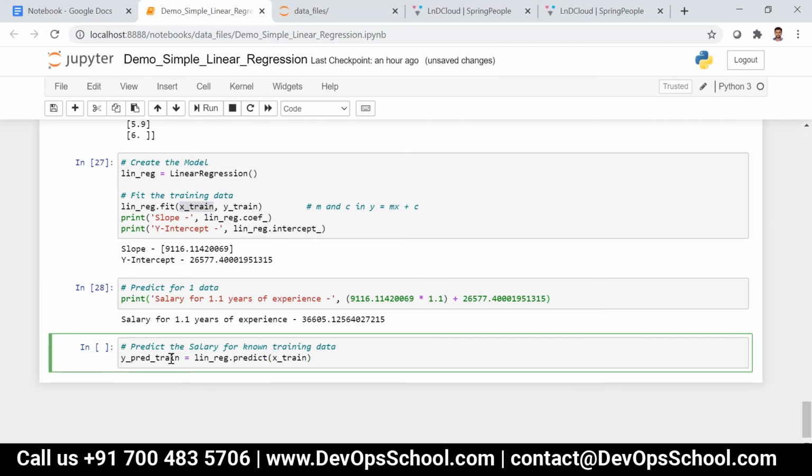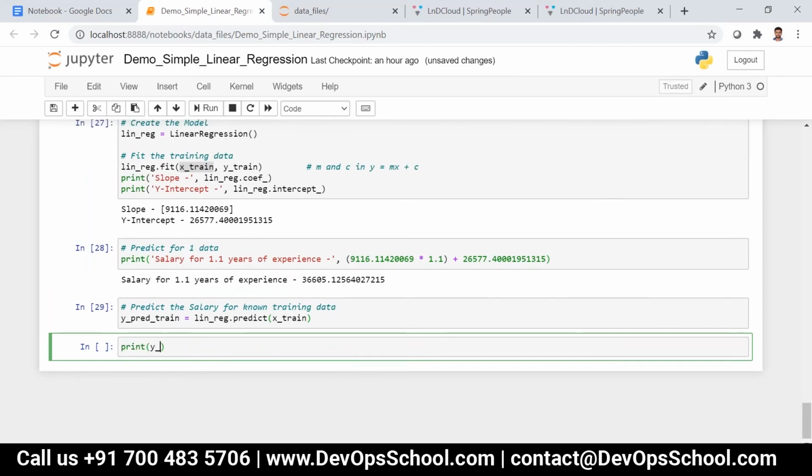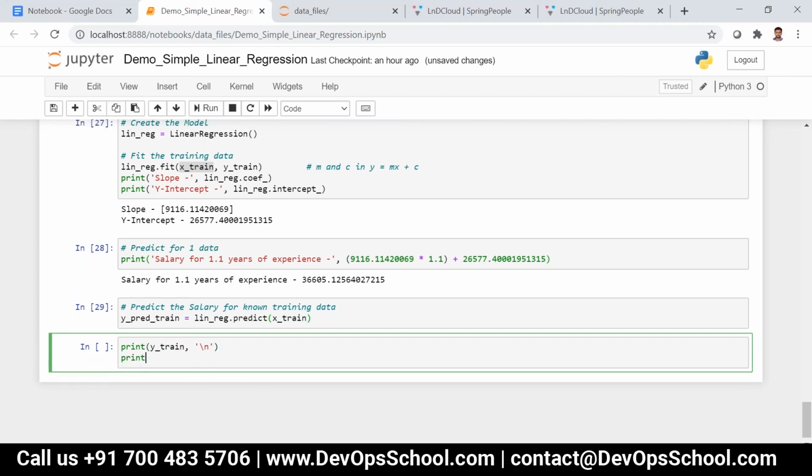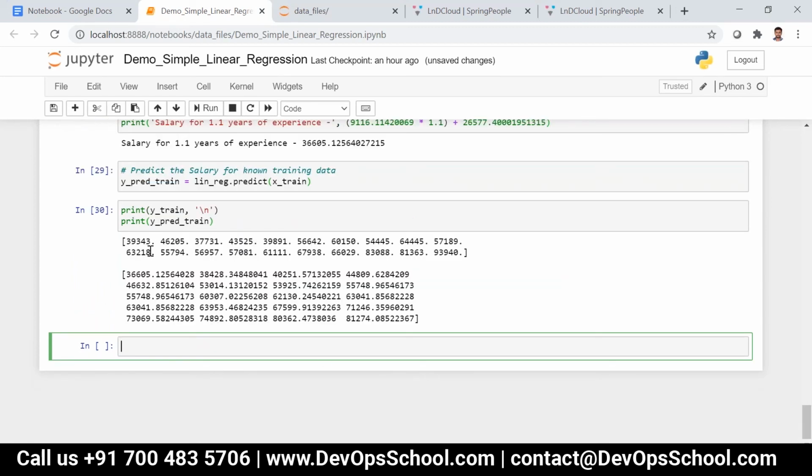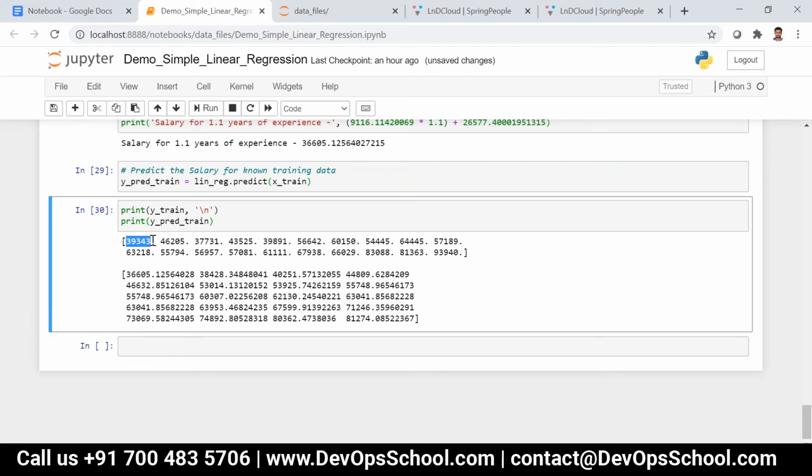Now we have the actual values and the predicted values. Actual is 39,343 and predicted is 36,605. If you want to round it, you can. And actual is 46, then 38, 37, and then 40, like this.